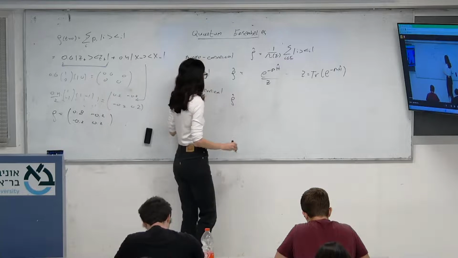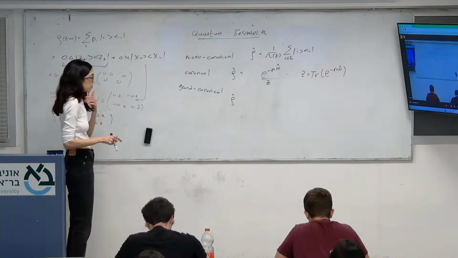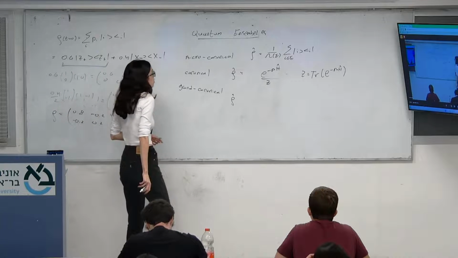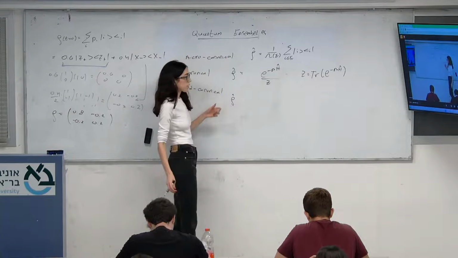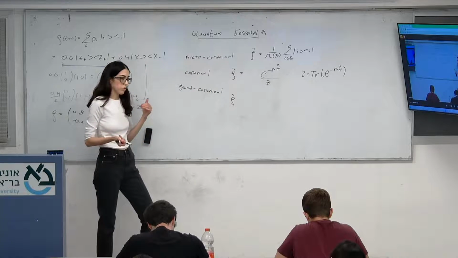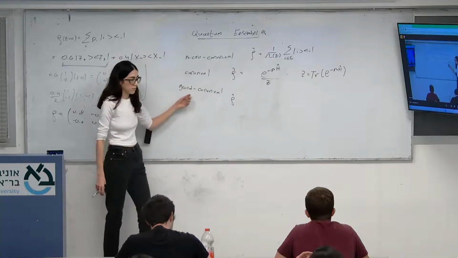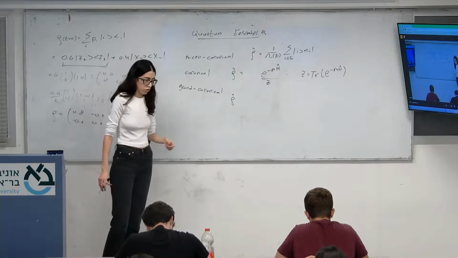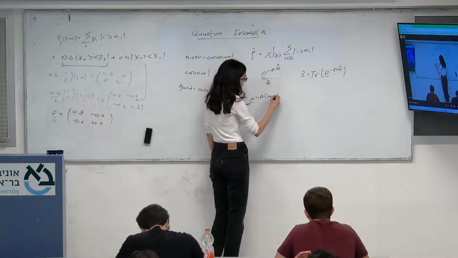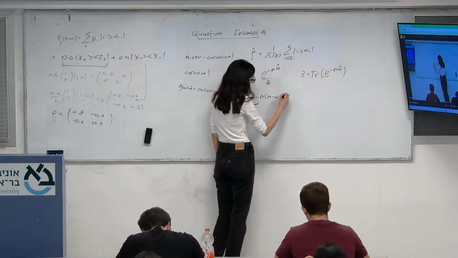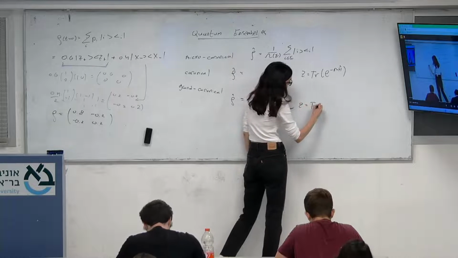And then the canonical is where I have a heat bath, so the temperature is constant, and I have fluctuations in the energy. In the grand canonical, I have a particle bath, so I have fluctuations in the number of particles, and I have a fixed chemical potential. So I'm going to have e to the minus beta (H minus mu N),